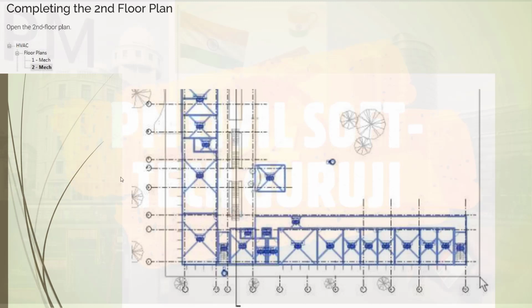Notice that not all spaces are created yet. We need to add a space near the escalator. See the figure. Add the space and change the space name.